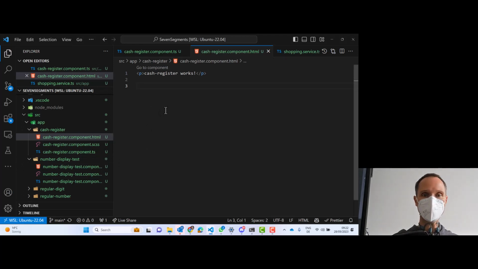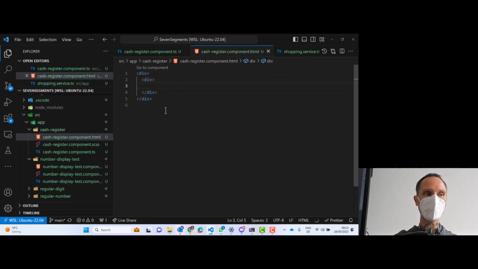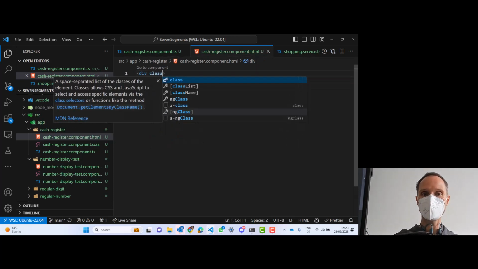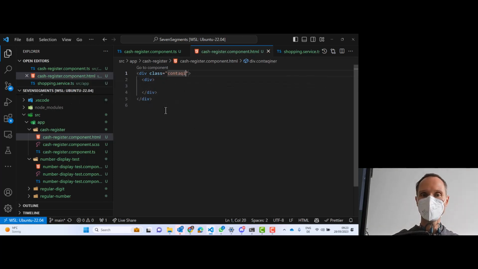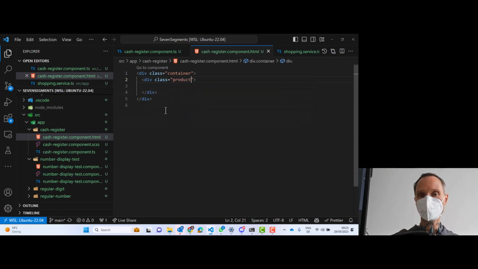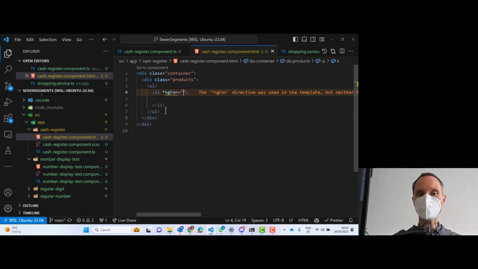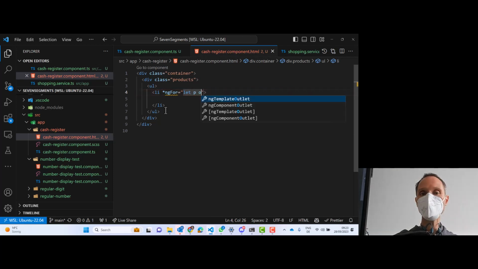Let me show you how we can do that. We simply, in our case, maybe do a div so that we have some kind of container. Then let's do another div where we will put all our products. Let's call this one the list of products or offerings or whatever you want to say. And here we simply make an unordered list. Inside of this unordered list, we put a list item. And in this list item, we can use a star ngFor. And we can simply say let p of